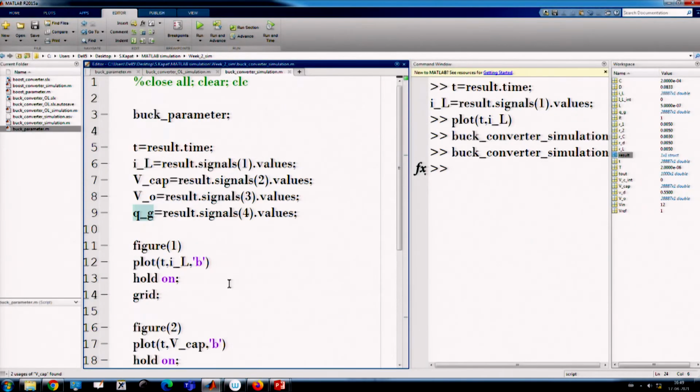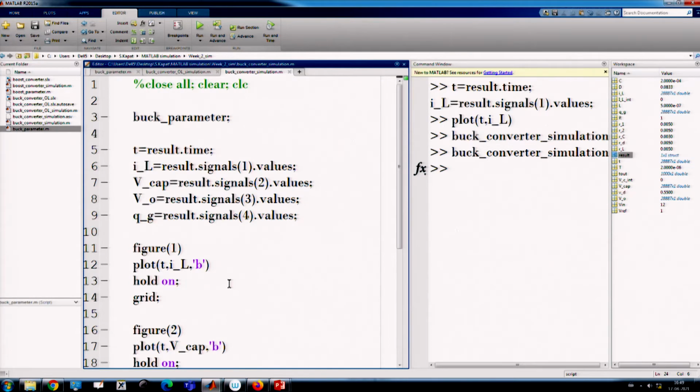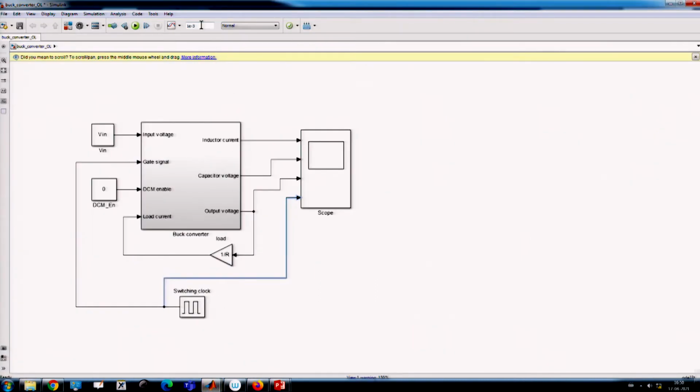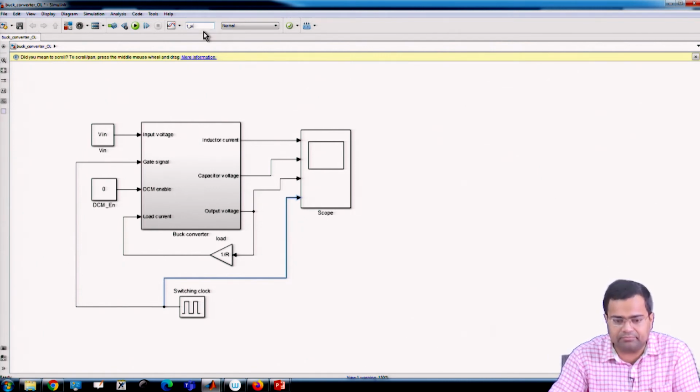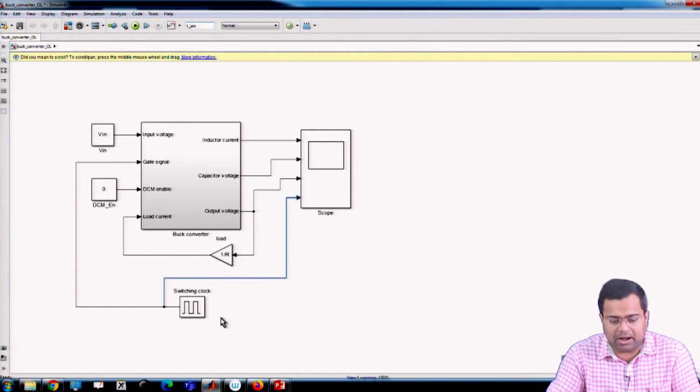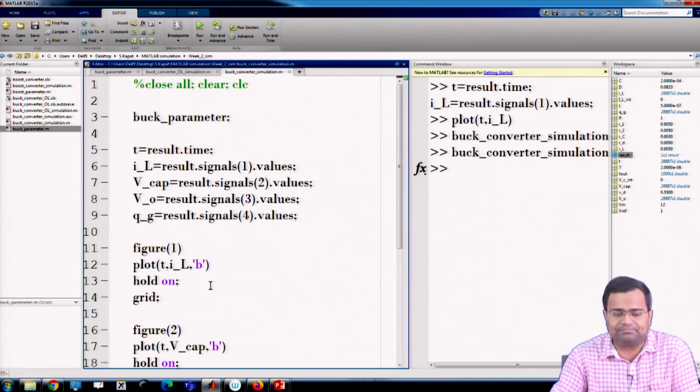Now, after doing all this, the next question: we want to create a transient case. That means we want to change the simulation time. Instead of 1 millisecond, we want to run it for 2 millisecond. I can call this simulation time tsim, but you have to define what tsim is.